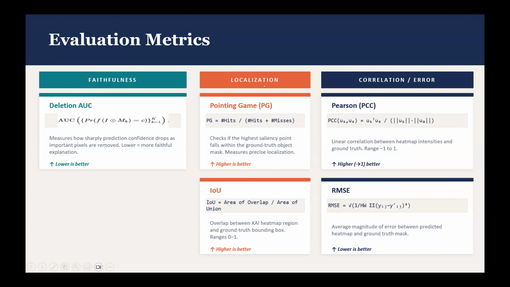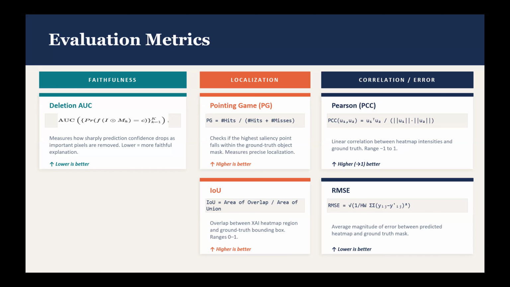This is for faithfulness. For localization, we are comparing our image with the ground truth masks of the camel itself, and we're looking at the highest pixel, determining whether it lies within the mask, and also at the area overlap of the correctly predicted pixels with the mask itself. Finally, we're going to determine the error between the prediction and the ground truth mask as well, whether these lie within the ground truth mask or deviate,